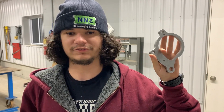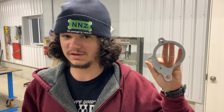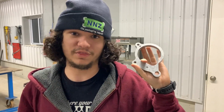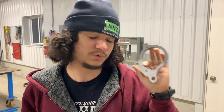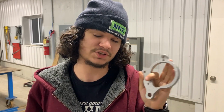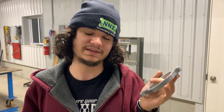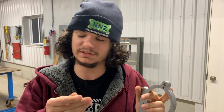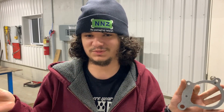So, after UPS delayed it for over a week in the next town across from me somewhere because of weather, it's raining sideways! We finally got the part from DCS. So this is actually the starter spacer that goes into the adapter plate. Like we said recently, or in the same video probably, but this is actually in real life like 2.5,